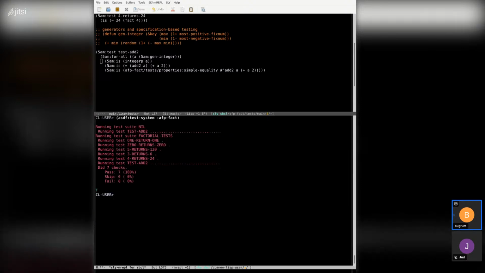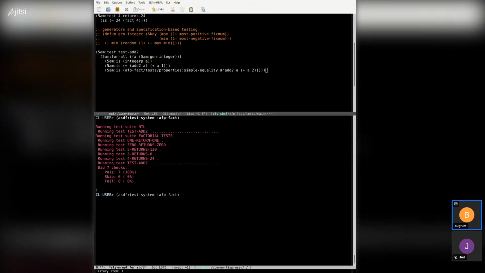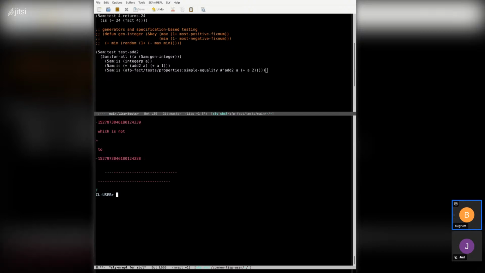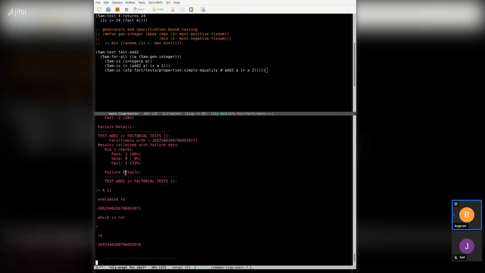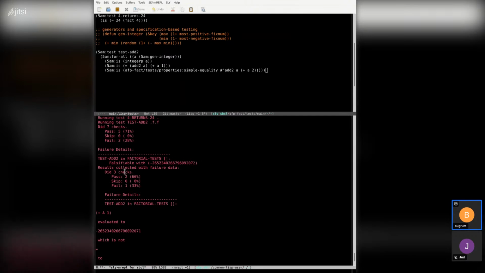So let's go in and actually try a test failure just to see what the difference is. Obviously, I'm going to make a test mistake. I'm going to put a mistake in my test on purpose here. So I know what add two does here, but let's say that we want to test add one here. If we run the test case,